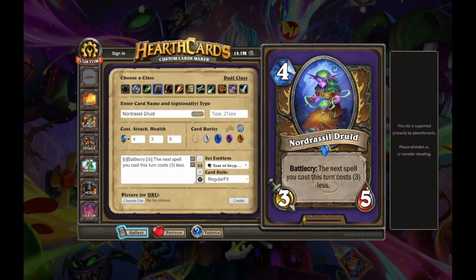So this is a bit of cheating, actually, because Nordil Druid is technically a Legacy card, but it was a core set card, and then it became Legacy after that. So I'm going to include it. I think what you do is you just bing, bong, boom, wow. Nordil Druid, Battlecry: your next spell this turn costs 4 less. Now it's a 0 mana 3/5. It's similar to